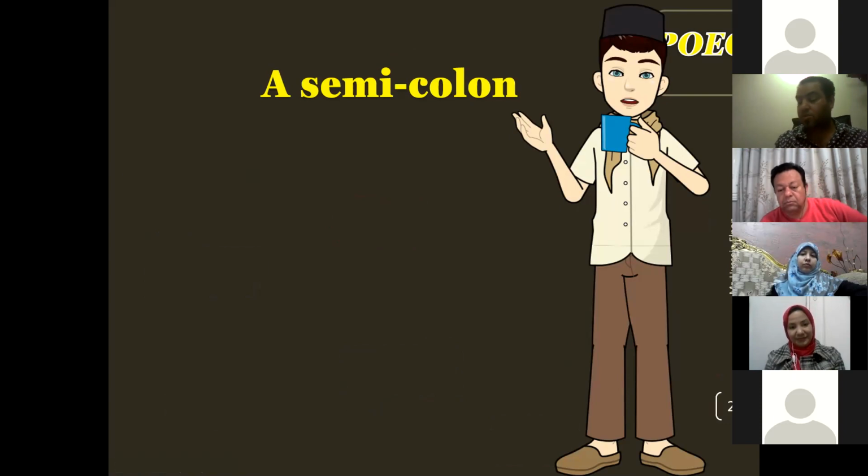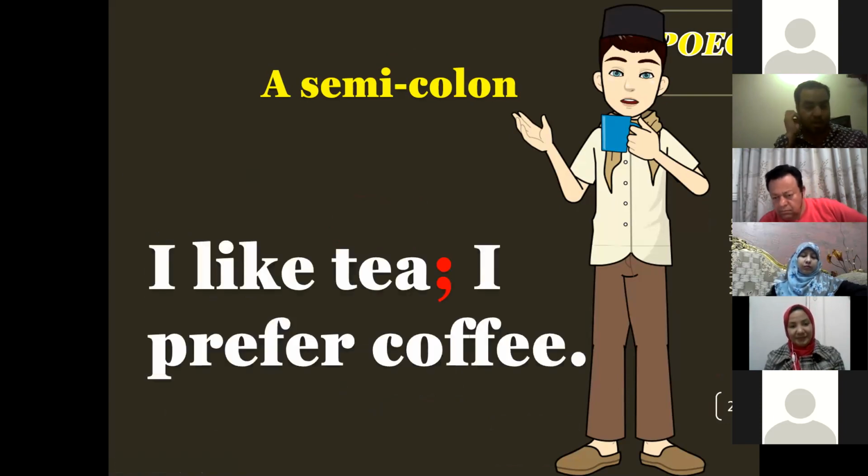Yes, perfect. So I can say this: I like tea; I prefer coffee. So this is correct. And this makes your writing more appreciated in the IELTS exam, if you're going to take the IELTS. As I said, we have some people here who are going to take the IELTS exam. So I would like you to start using a semicolon to connect two simple sentences together to make them compound.